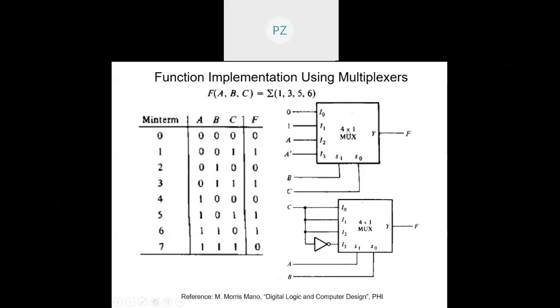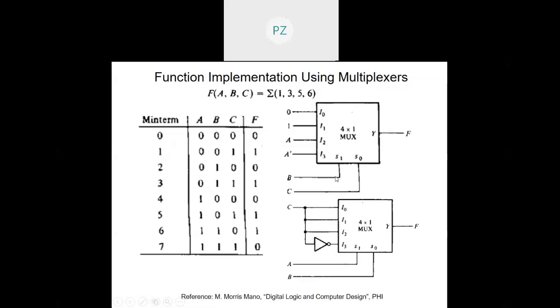Now I'm employing a 4:1 line multiplexer, and the select lines I am giving as two inputs, B and C. Now these two input lines B and C are 0 0 here. See, try to understand. BC is 0 here, and BC is 0 here. Correspondingly, if I look at F, it is 0 regardless of what A is. So I can give 0 at the input I0, so that whenever B and C are 0 0, I'll get 0 as the function.